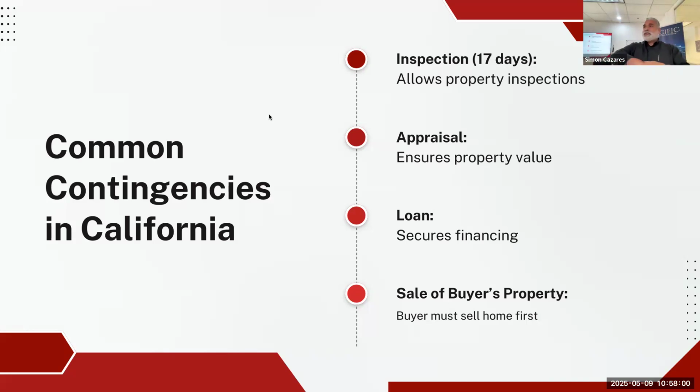But if you don't have your appraisal contingency and you removed it from the very beginning, and now you're asking for a price reduction, does the seller need to give you that reduction? The answer is no, because you released that appraisal contingency from the very beginning. So be very careful, especially when there's multiple offers, right? Maybe part of the condition is they're asking for the buyer to release the appraisal contingency. That's a risk. And if the buyer is willing to take the risk, then the buyer would have to come in with the difference if it doesn't appraise.